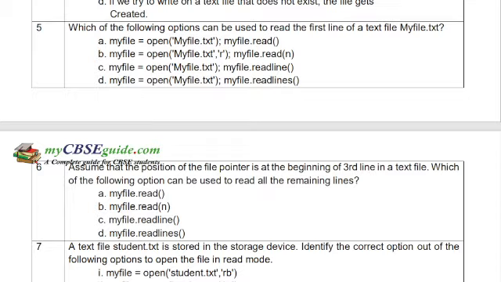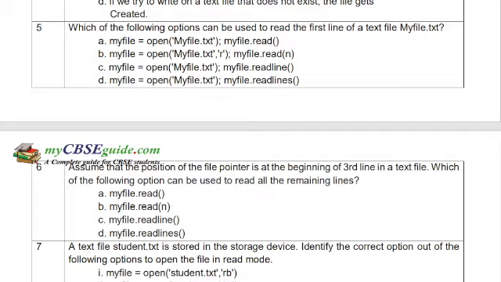It is wrong, because when we read a text file in read mode and there is no file, the file will not be created.